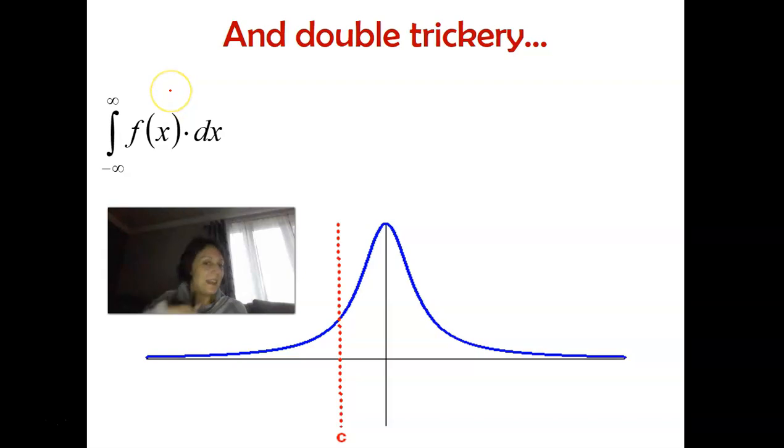Pick a number, any number at all, because it's negative infinity to infinity, right? And break this into two integrals. So right now what I have is one integral that's doubly improper. It's improper in two ways. It has a negative infinity at the bottom. It has a positive infinity at the top. This is a no and another no. Okay. So the goal here is to rewrite it